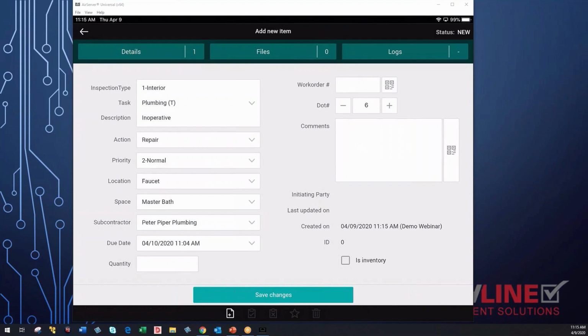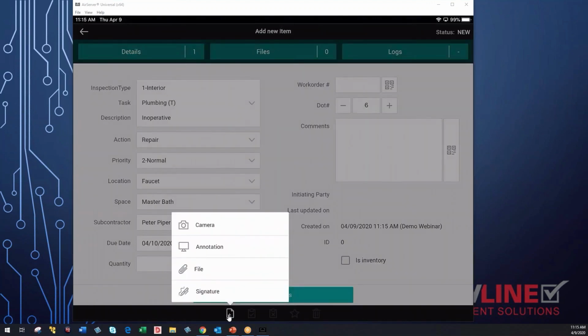So what I'm going to go over next is how to attach things such as photos to a punch. You can access the attachments in 2 different ways. You can either click on this Files tab up top, or you can click on this icon down at the bottom with the plus on it. So if I go ahead and click on this plus at the bottom, it'll bring up our 4 options for